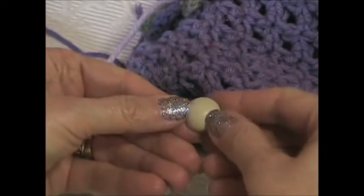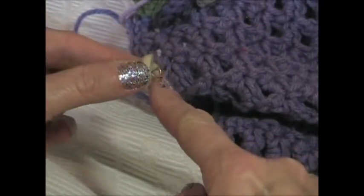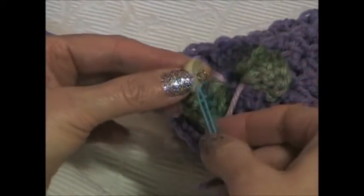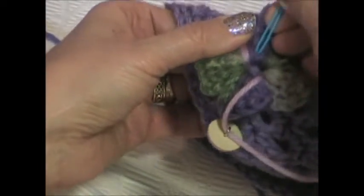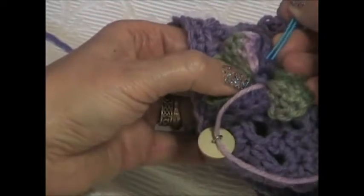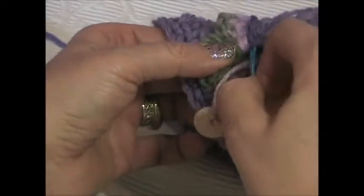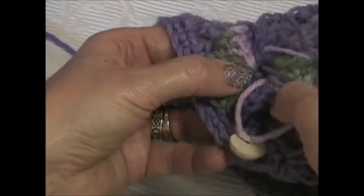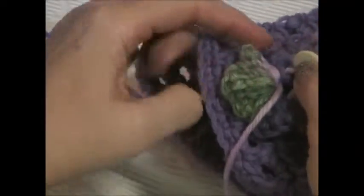Okay, so I've got my button. I just picked a simple little earthy looking button with the post on the back. And now I'm going to just put my needle through that, and I'm going to put it through underneath the flower, but not all the way to the back. I'm just going to kind of pull it like that, and before I tighten it all the way back down,